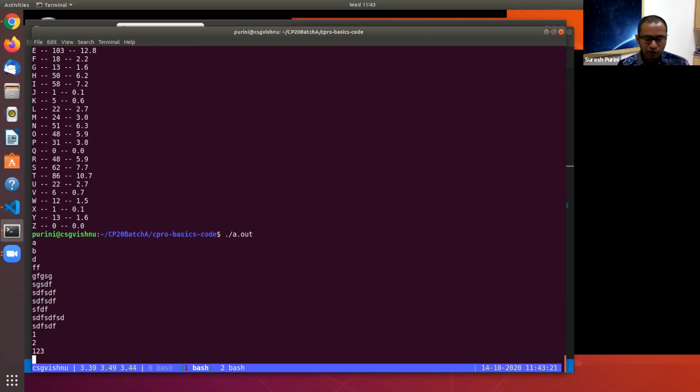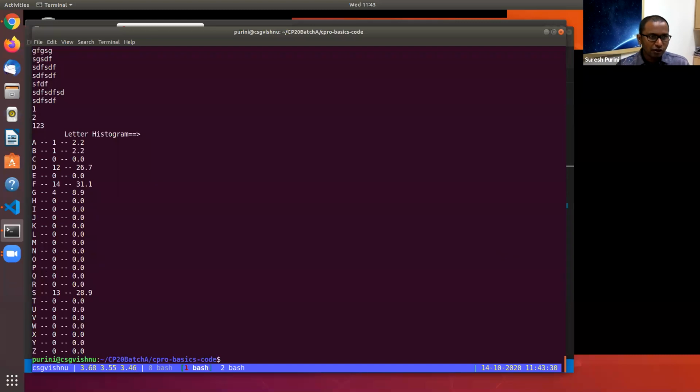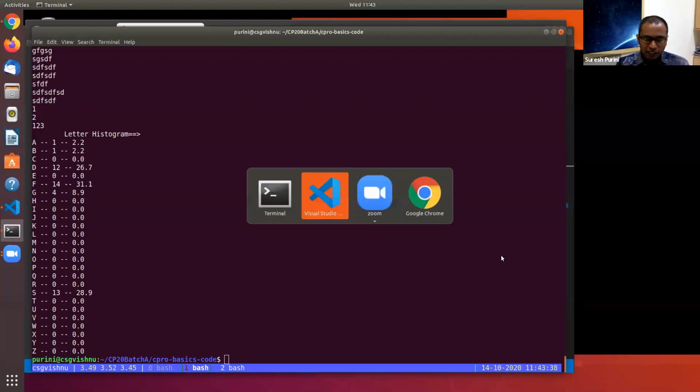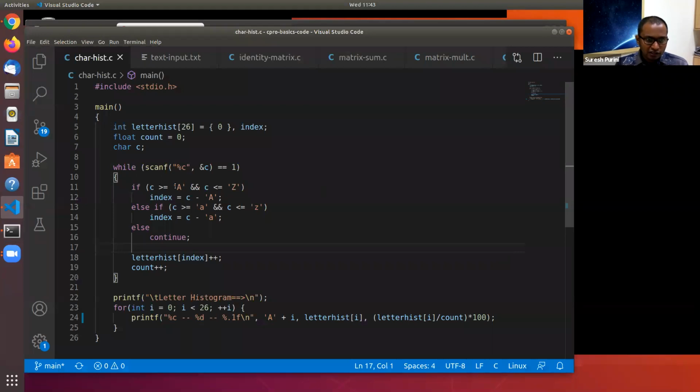Even if you press 123, it doesn't matter, because 1, 2, and 3 are read as separate characters. In order to come out of the loop, you press Control D. Control D is not treated as a character, so scanf fails. When I pressed control D, scanf failed, so we came out and came to line 22 and the whole program executed.